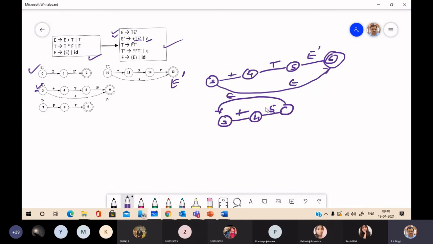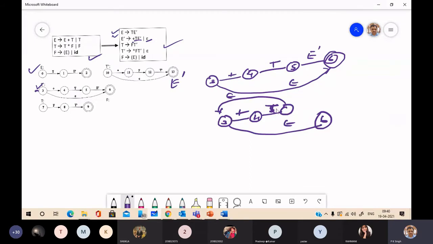This is plus and this is T. Plus T and E dash again. And here epsilon to 6. You can replace this E dash by a back link to T dash. Okay.